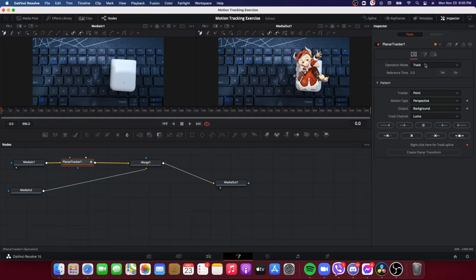There are certain settings here, for example, operation mode. What kind of operation will it be doing? We want to keep it by default into track. Now for the pattern, the tracker will be a point tracker. Motion type, we want it to be translation. Translation meaning we are going to translate the colors, or